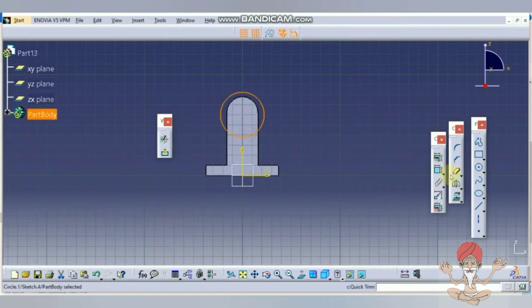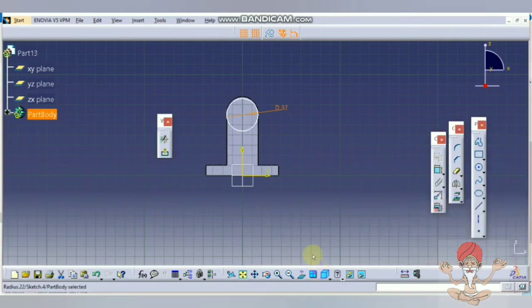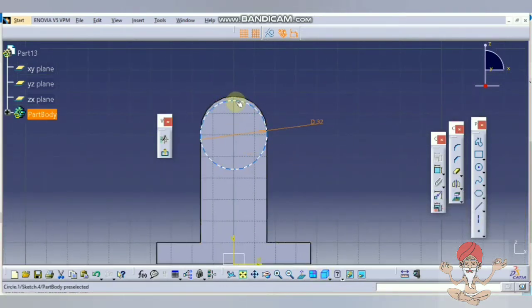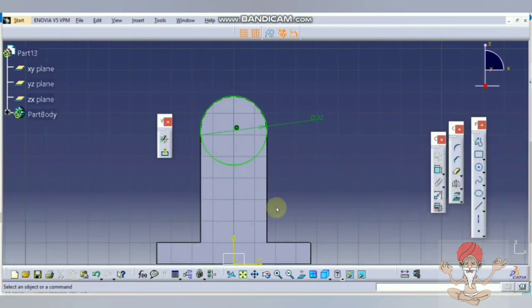Draw a circle of 32 mm diameter and apply the concentricity constraint. So this diameter 32 diameter. Apply the concentricity constraint.